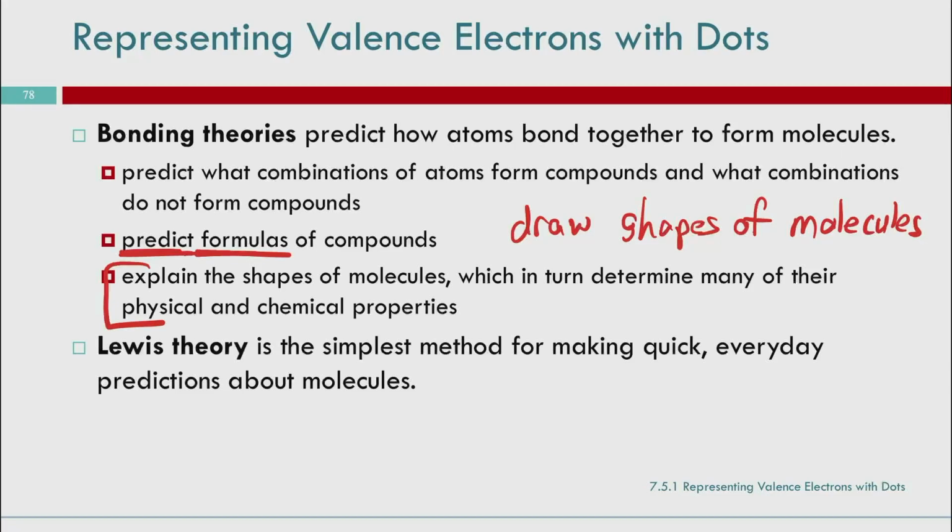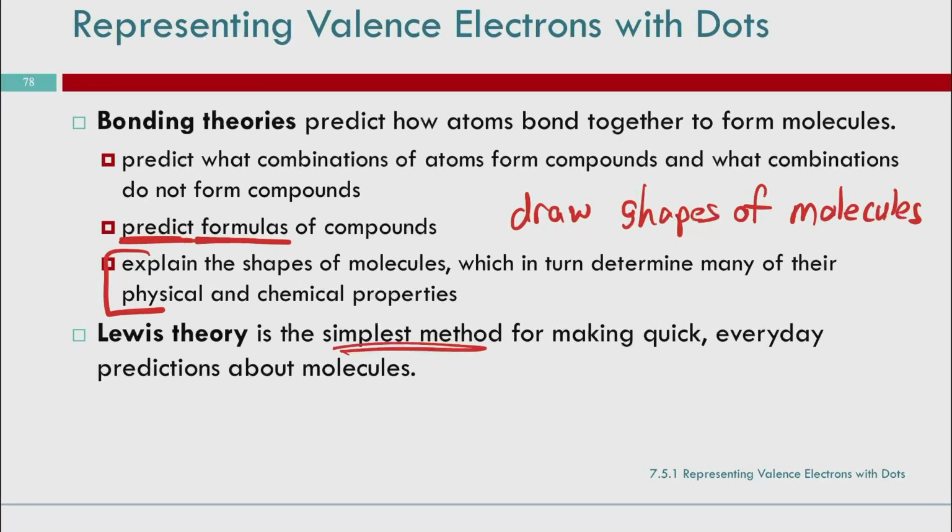The bonding theory that we're going to cover for this class is very simple. You don't need a supercomputer to do it, and that's part of the reason that we're doing it. It's Lewis theory. This is our simplest method. If you can believe it, this is the simplest it gets. It's basically like we're learning a fun little game. And I say fun because I think it's fun. It might not be fun for you, but once you learn how to play the game, it is kind of fun and satisfying to get the correct answer, I think. So let's